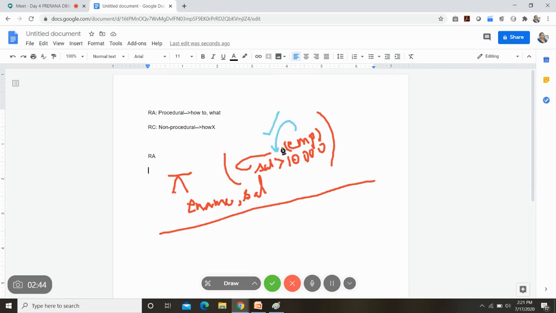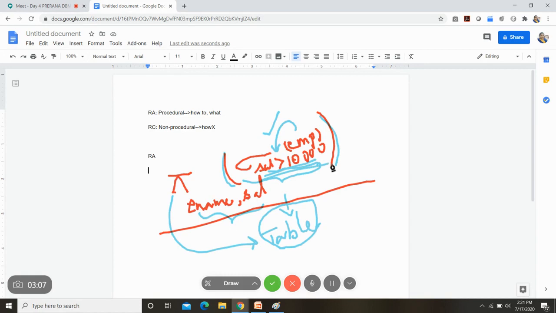From the employee table, it identifies the records whose salary is above 10,000, and this again results in one more table or relation. Upon this table, the projection operator will work, and these two attributes will be retrieved. So you are specifying what you wanted to retrieve, and how: first execute this and then execute this. That's why we call it RA, relational algebra.